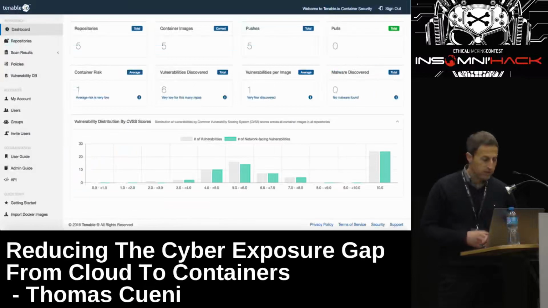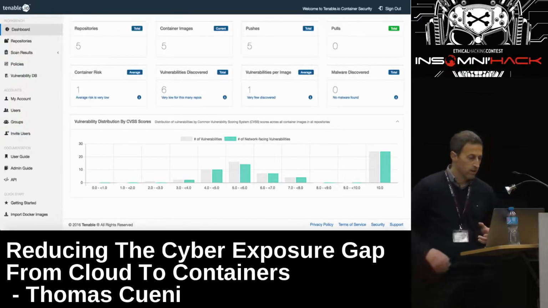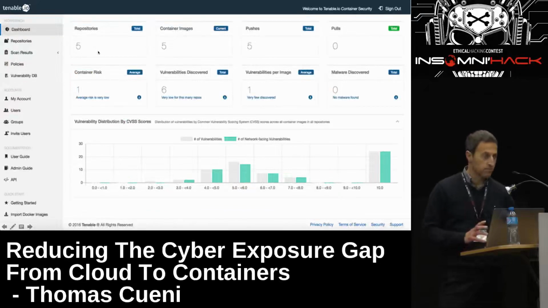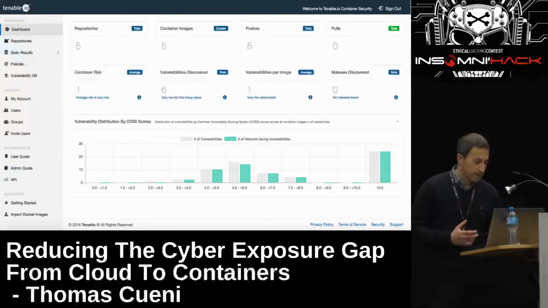So, in reality, how does this look like? That's the overview dashboard that you would have for your registry. So you could create a number of repositories depending on your projects, upload your container images, and it would really already give you a first overview of how many vulnerabilities are in your container images in total,